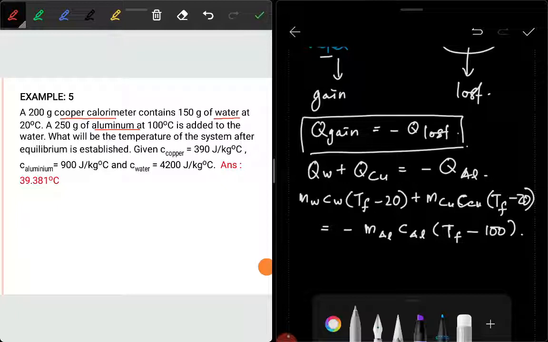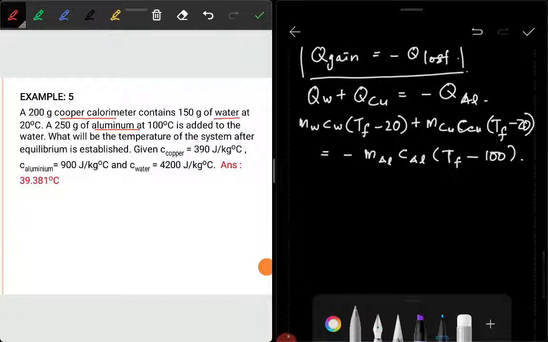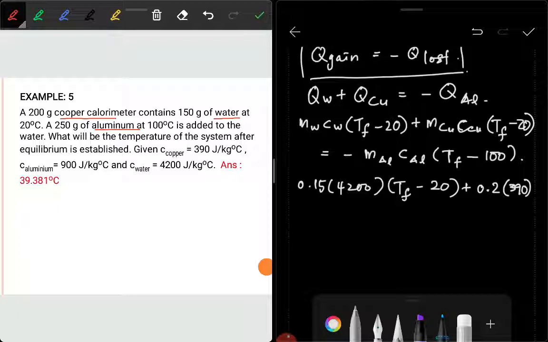So substitute all the values here. You substitute m water here, which is equal to 0.15. Remember, use the SI unit. You are given in gram, so you have to convert it to kilogram. c water is 4200. Then the final temperature, the temperature that we want to find, plus m copper 0.2, c copper is 390, and then times